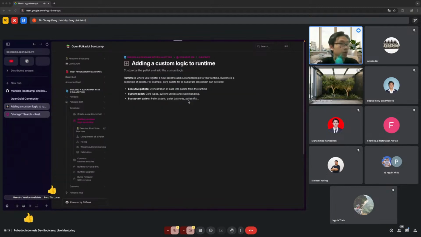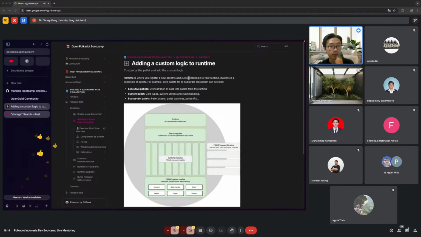Okay, now we're gonna get started. Adding custom logic to a runtime. I think you're already familiar with the first few sections of the bootcamp, where you learned about the Polkadot SDK and how to run a custom blockchain locally with the tool called PubCY. I think people also used that tool last week to demo how to launch a parachain with just a few commands. If you're not familiar with that, please revisit that video so you have a full view of what we're learning.